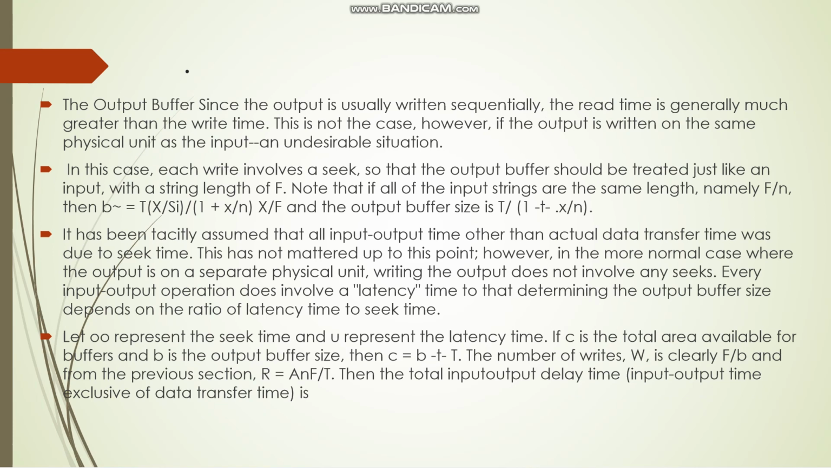If C is the total area available for the buffers and B is the output buffer size, then C is equal to B minus T minus T. Then the number of writes, W, is clearly f by b, and from the previous sections, a is equal to f by t. Then the total input output delay time, input output time exclusive of the data transfer, is